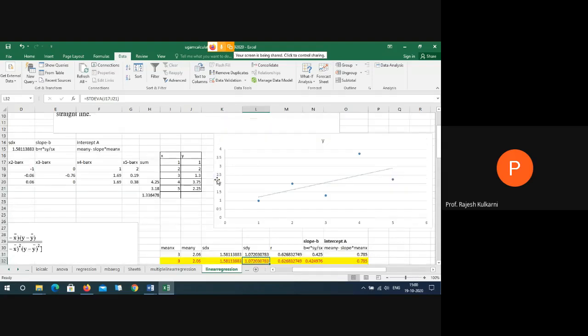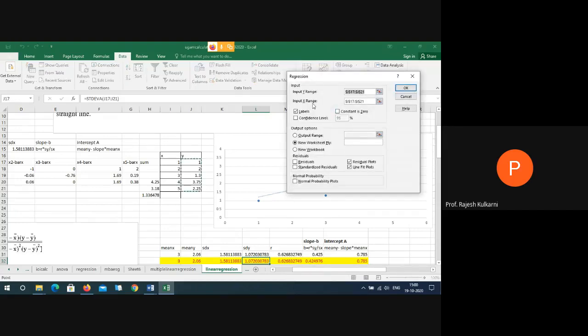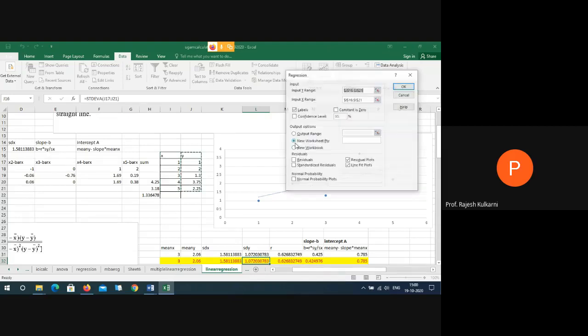Now, once we are confident, let us go for this Data Analysis and then regression. Hopefully now this will give me the correct thing. I'll first delete this just to avoid confusion, and I'll set the input Y range. Maybe at that time I made a mistake. What mistake I made, I don't remember. But this time, hopefully it will work correctly. X, then I say label is there. Then the output should be a new worksheet.